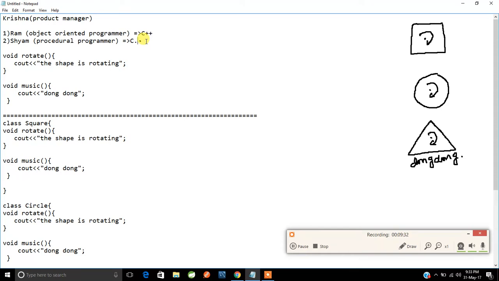So now Ram, because he is an object oriented programmer, comes out with improvements. And what kind of improvements does he come out with? He says, my dear sir, I am thinking in terms of objects and classes, and now let me do one thing. I will not